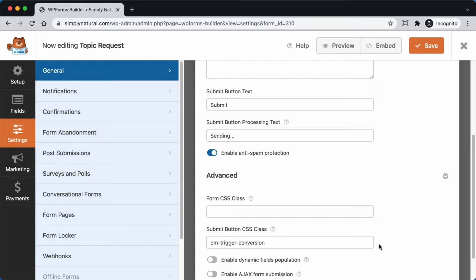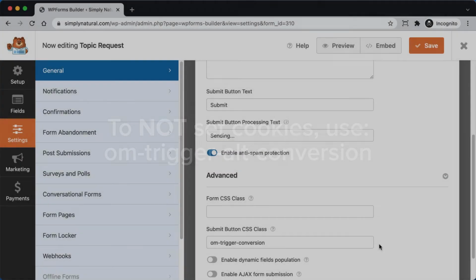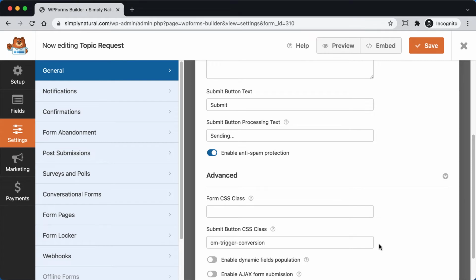To track conversions only and not set any cookies, use the class OM-trigger-alt-conversion instead. Alright, the next thing we need to do before heading over to OptinMonster is copy the shortcode for